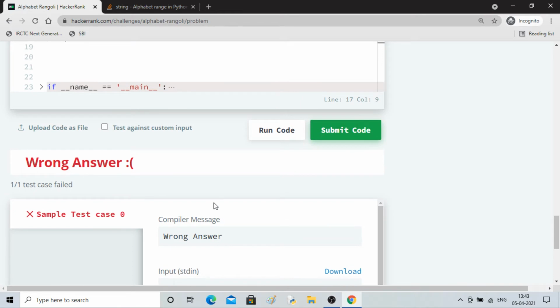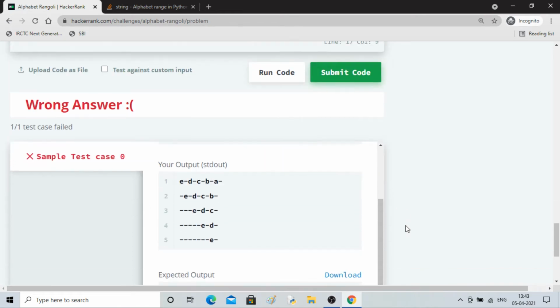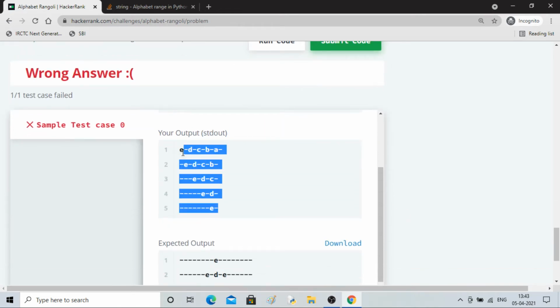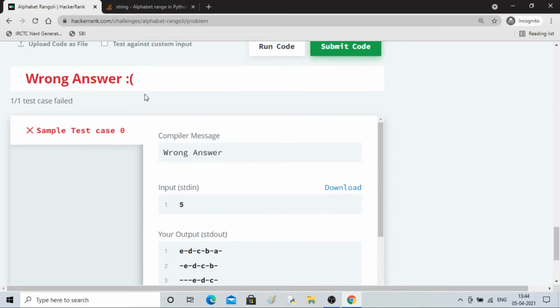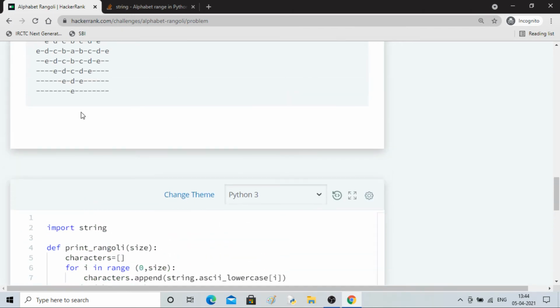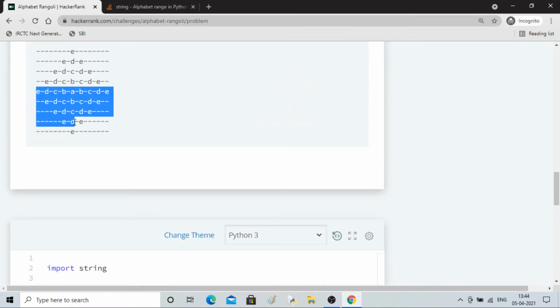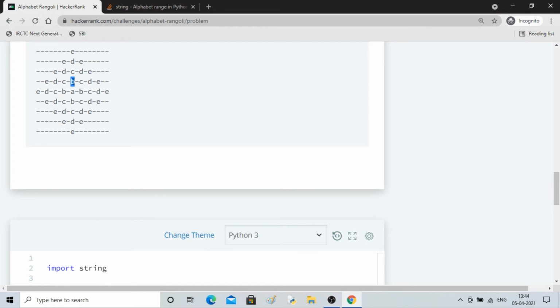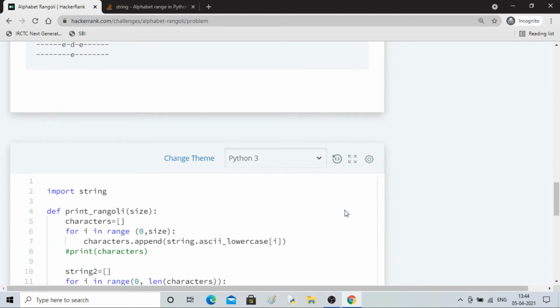If I'm able to complete the full thing, then I'll do it. Everything is working fine. This is my bottom left corner, right? If I copy this and do it for the top side, the top left I just have to print in reverse order, right?